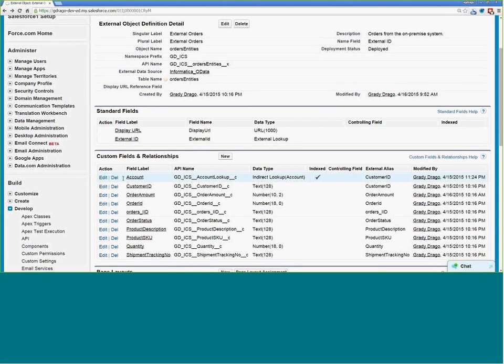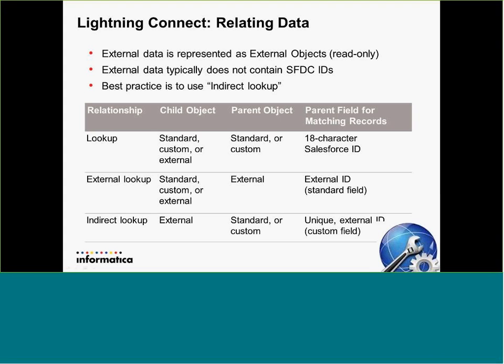Now, what I've already done here is I've created a field that is defined as being a type of lookup. And let me briefly bring up a slide that describes the type of relationships that can be established within Salesforce. So Lightning Connect, since it works with external data objects, does have some caveats to it.